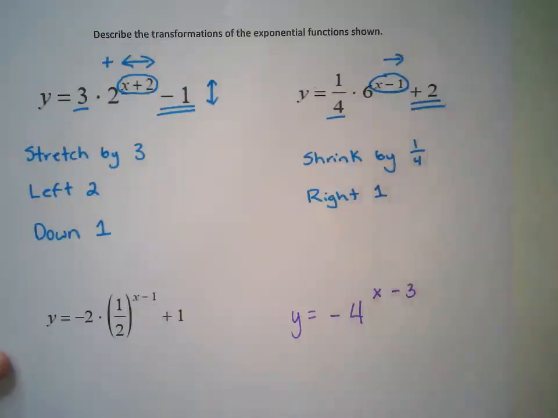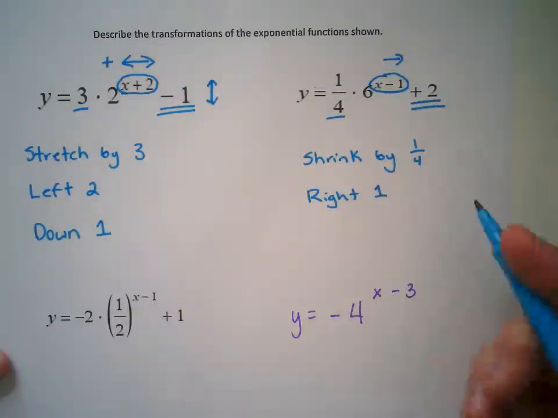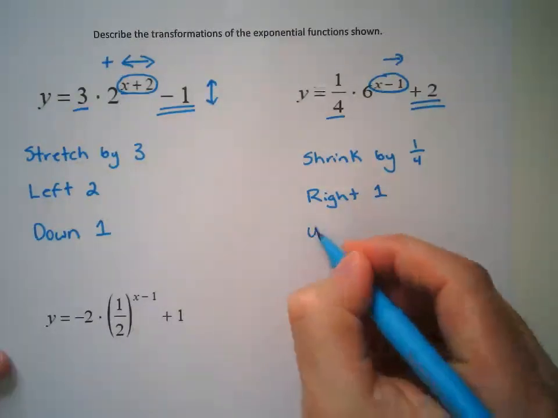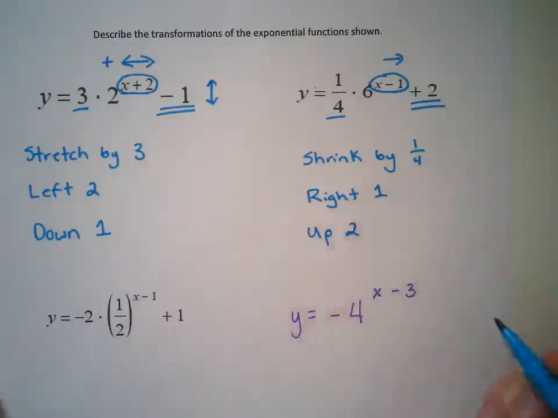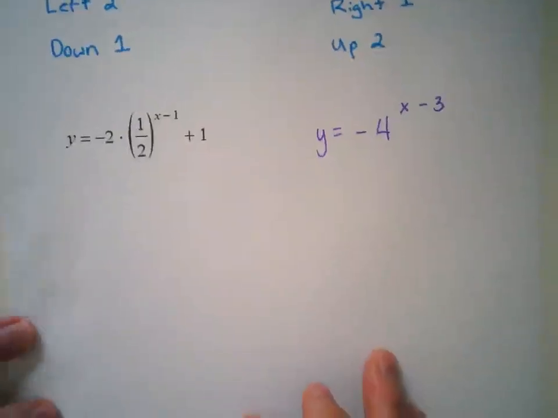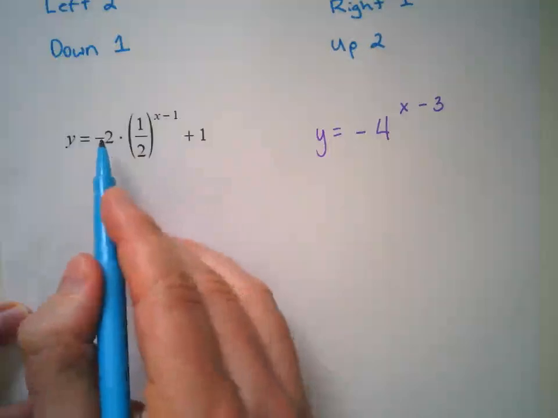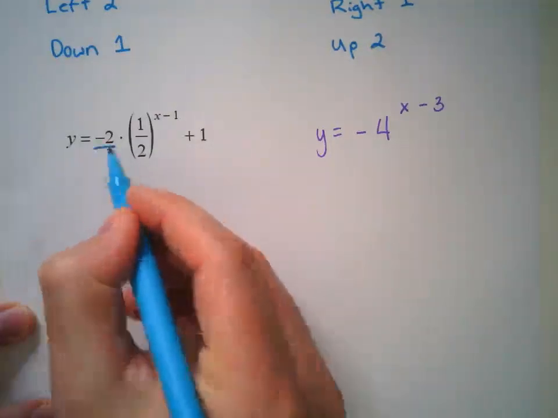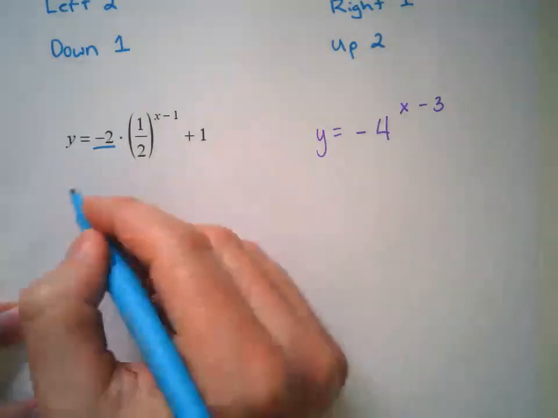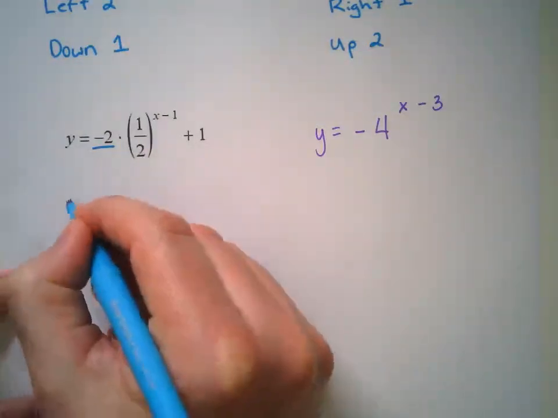And again, this plus 2 at the end tells us up or down. Because it's a plus, we go exactly where it says. So this is going to be up 2. We're going to keep this moving and go a little bit quicker through these. Again, we're looking at this number here. Notice this number has a negative. Because it has a negative, the first thing you're going to write is it's going to reflect